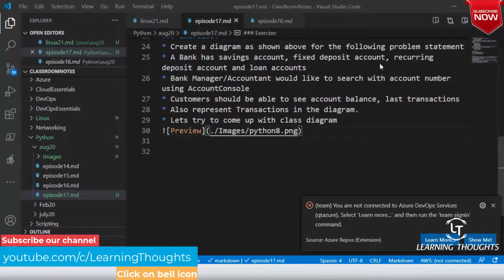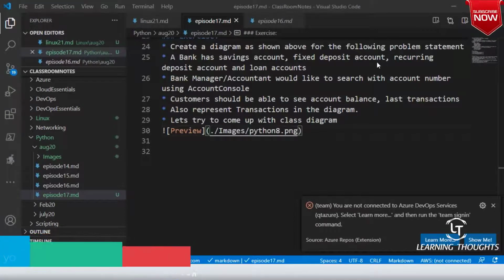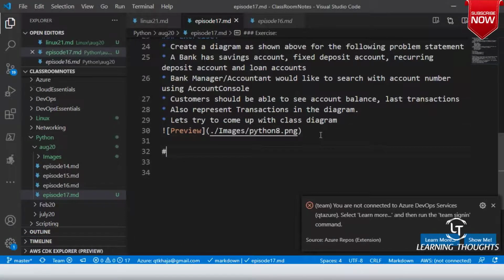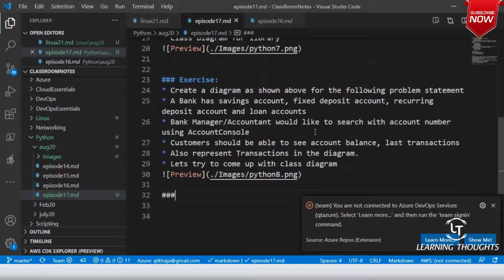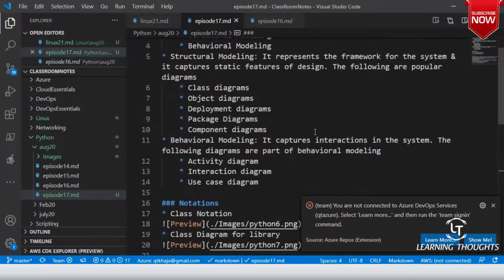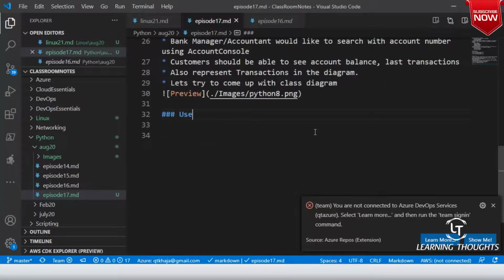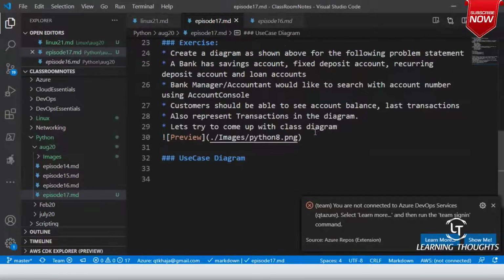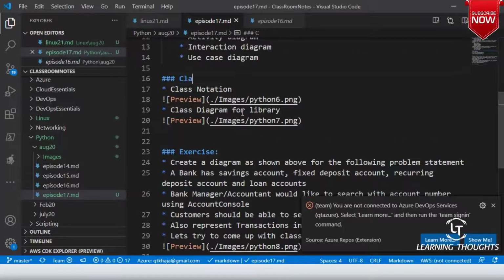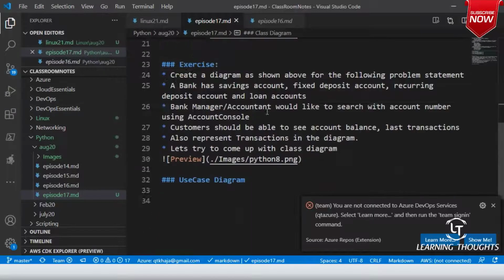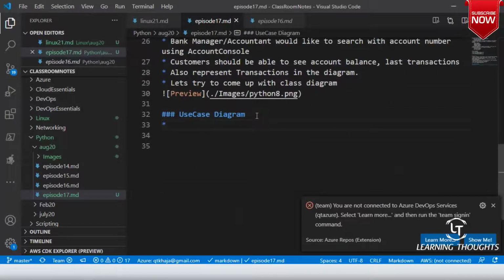Now the next diagram which I'm going to speak about is the use case diagram. So why do I draw a use case diagram?